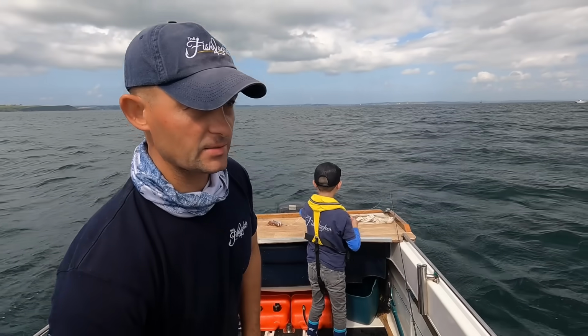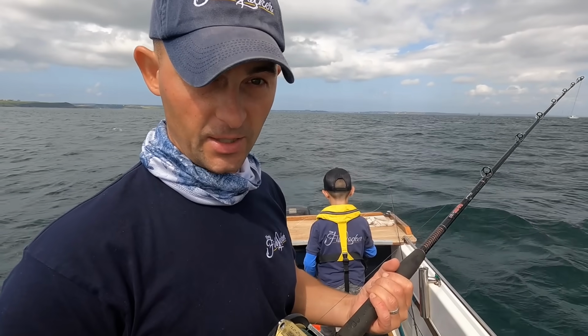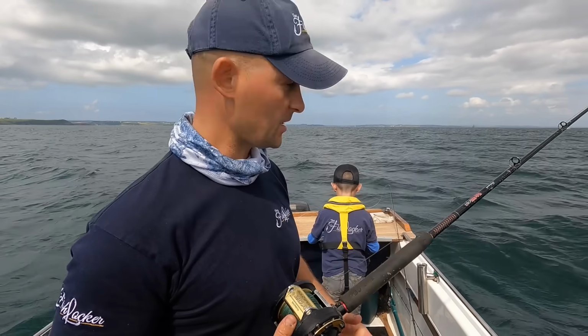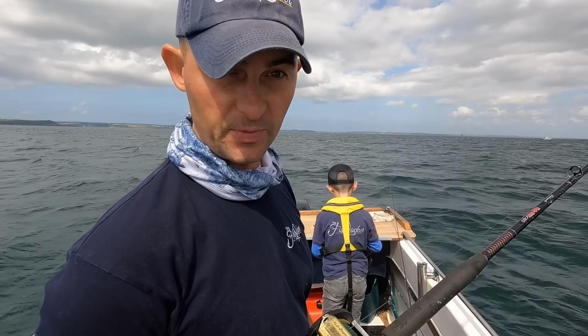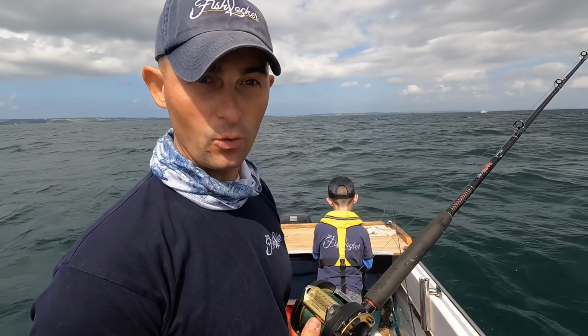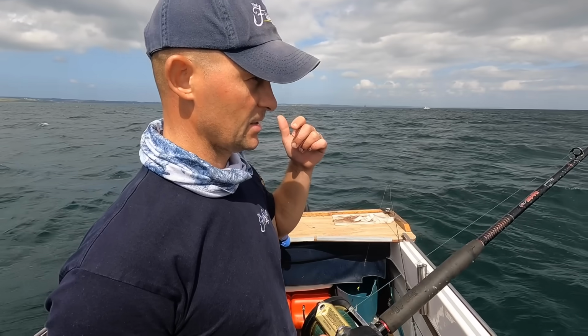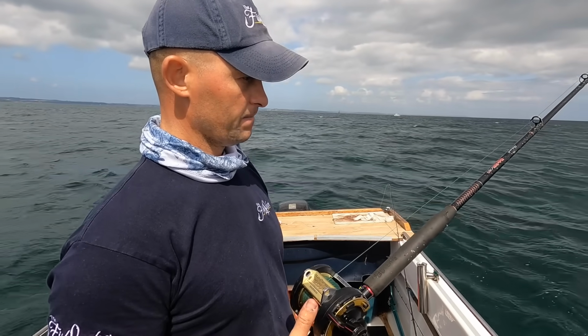Whereas this one, on the other hand, this is a Shakespeare Ugly Stick GX2 3050. And I've had this one probably as long as James has been alive, and it cost me £50. It's an absolute war horse. It's had common skate, it's had sharks, it's had probably,